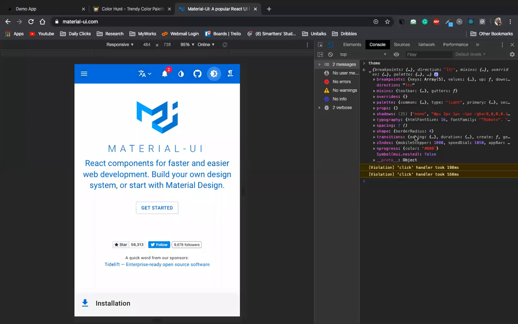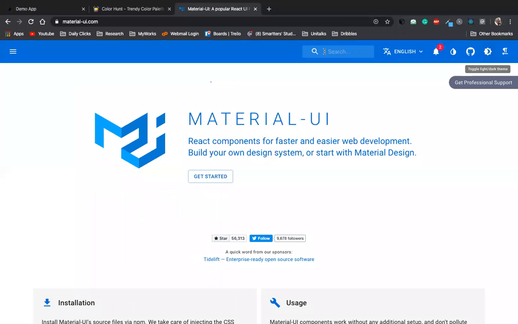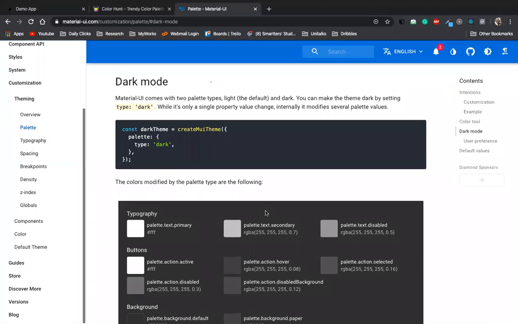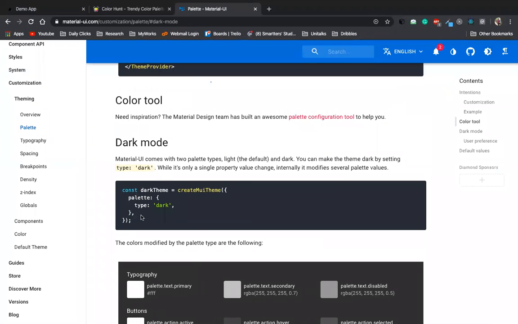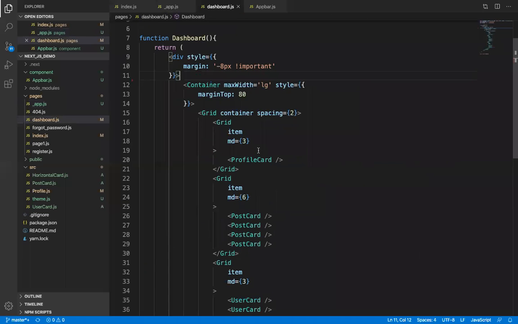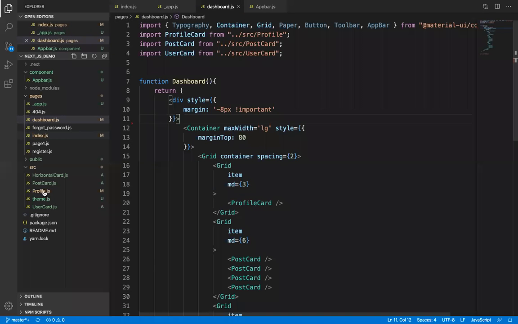Okay. So we can change the theme to dark. So what to do now? See, create a theme, inside it palette type dark. So if I set palette type equal to dark, what will happen?